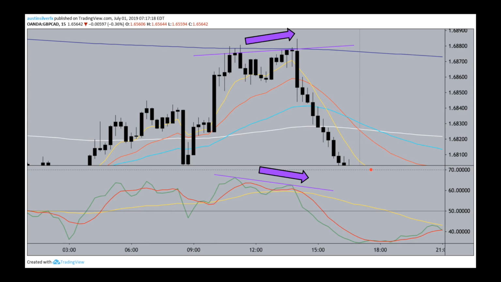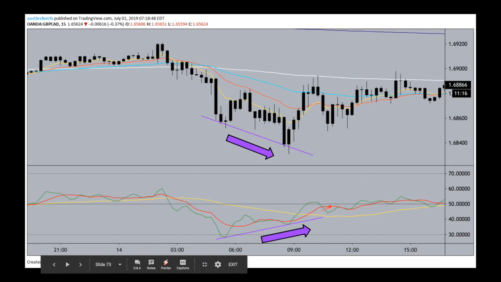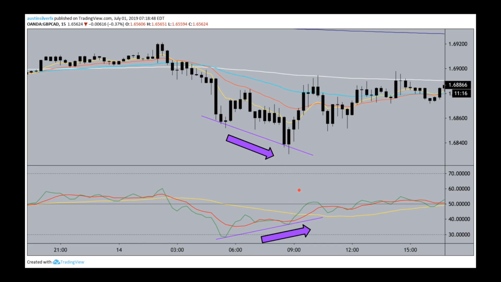So again, you guys are starting to get the point, I hope, about how to identify this divergence. Another one, oversold with a rising TDI. It has one jab left to kind of create that point. And when price action comes down for a new low here, but the RSI does not, if you were short, that's where I would look to get out of the trade. However, if you were waiting for a trade, this is where I would pull off and wait for a better setup. I would go look for a better currency pair.